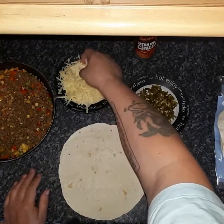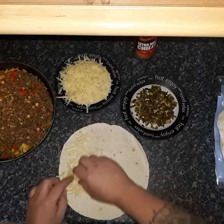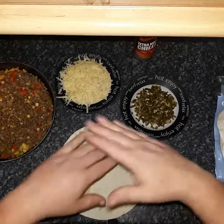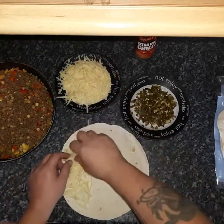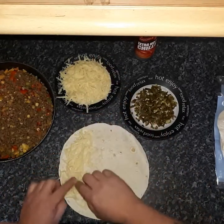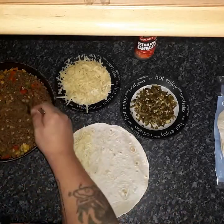First of all, you're going to get some cheese and put the cheese around the edge, because the cheese kind of acts like the glue, creates the seal around the outside of the quesadilla, like that. And we'll get our mixture